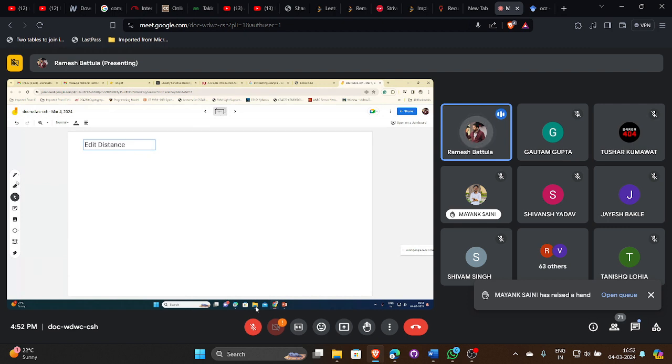We have to define the edit distance as the distance between two strings